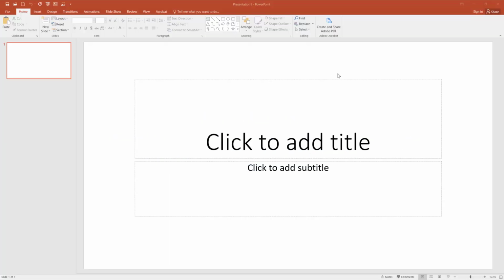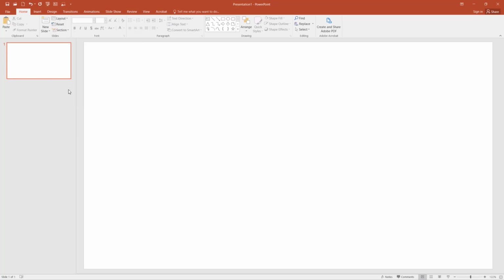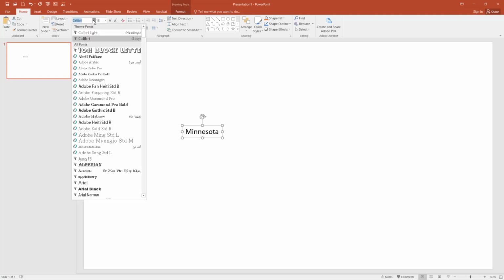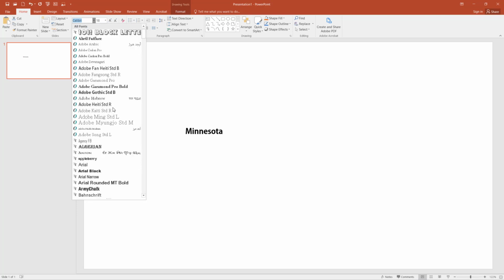So you're going to start in PowerPoint of all things, and I usually just choose the blank white presentation, and then I go to layout and go with totally blank so I have no distractions here. Then I'm going to grab a text box. I'm going to type in my title, whatever it is that I am doing, in this case for the Minnesota map. And then I'm going to pick my font. So I've installed my fonts on my computer, and I can get to them in Microsoft Office, but I can't get to them in